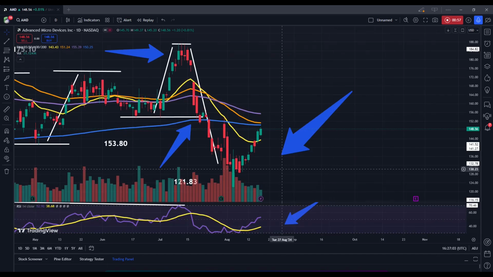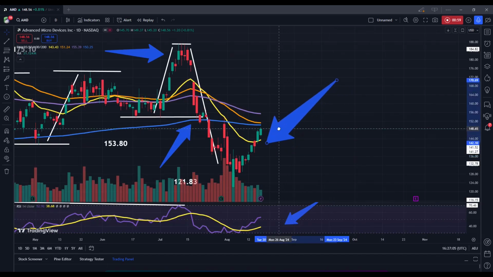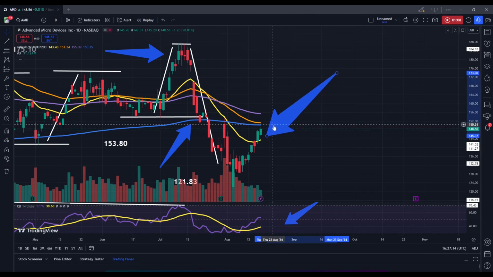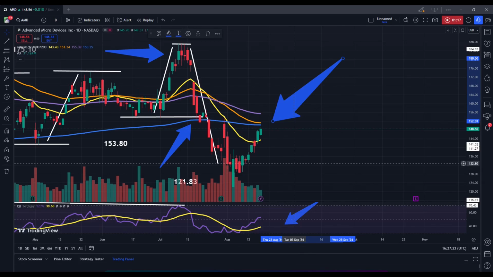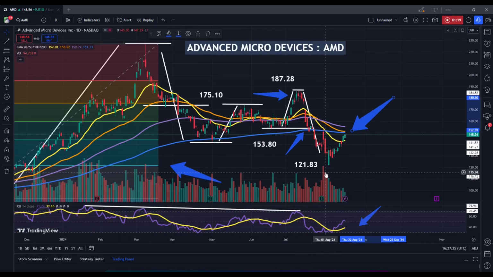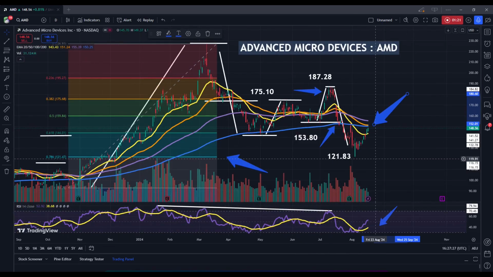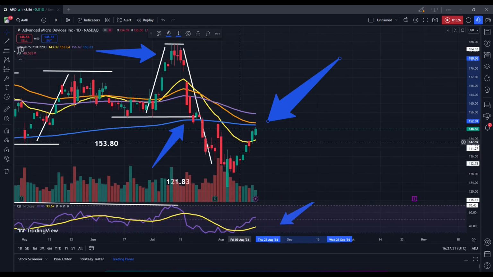What we can say is that the share price has managed to break above the 20-day exponential moving average. That would be the yellow line here, this descending yellow line. So, this is a positive development. It does suggest that we are now back inside of the exponential moving average cluster, which would be this series of 4 moving averages here. And this does, for the most part, put an end to the recent downward trajectory that we have seen for the stock. With that in mind, we do need to outline some important near-term resistance levels because we do start